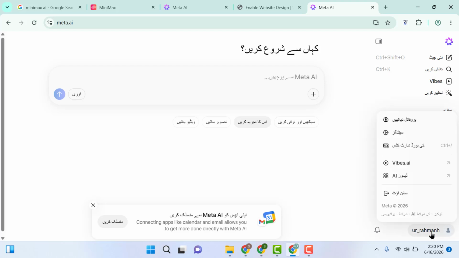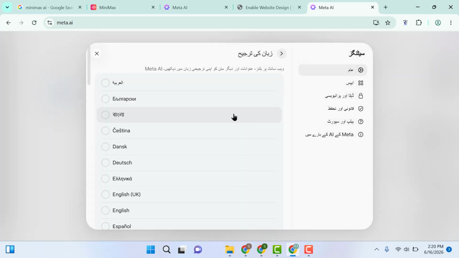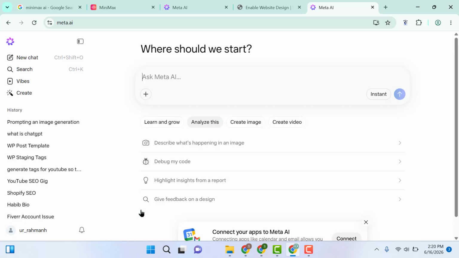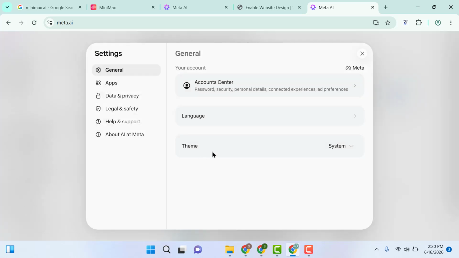Now again let's go back, then select this button, and after that again you can go back and change the language to English. That's done. After that, now how you can activate the dark theme: select the settings, then select the theme,